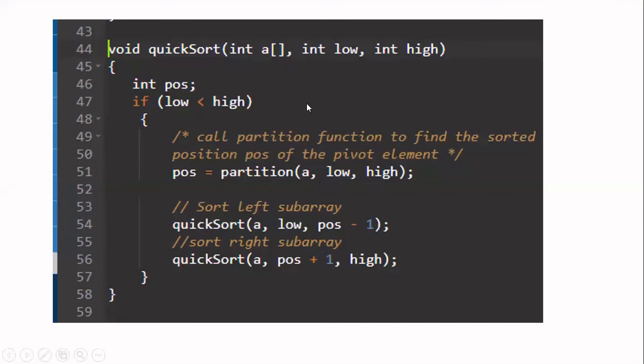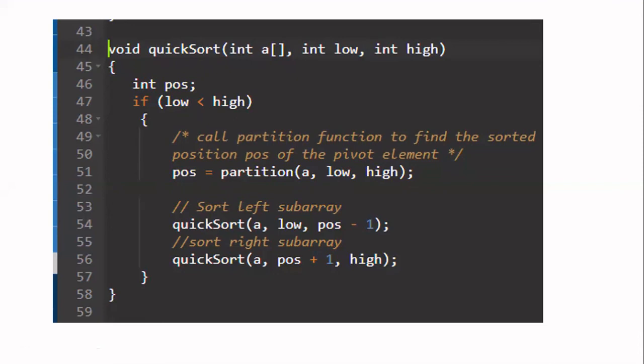The first argument is your array, the second argument is the lower index of the array to be partitioned, and the third argument is the higher index of the array to be partitioned. This partition algorithm will find the position of the partitioning element, that is the pivot element, and return that to you. Store that in a variable called pos. So in pos, I am going to store the position of the pivot element, which means that particular position is finalized.